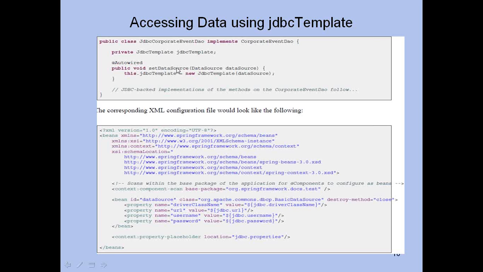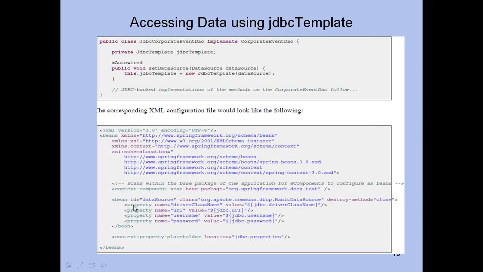Once you have created the data source in one of the three ways that we discussed a little earlier, you will inject the data source into the class, and then you will say this dot JDBC template equal to new JDBC template of data source. So for JDBC template, ultimately you need to give a data source object.